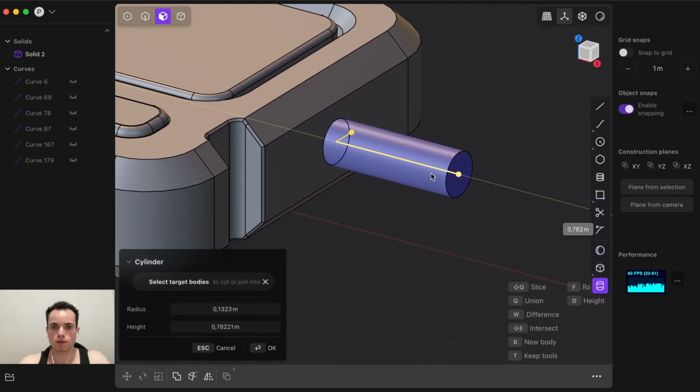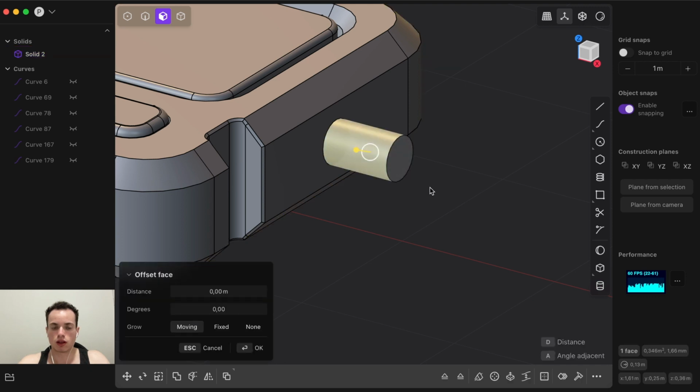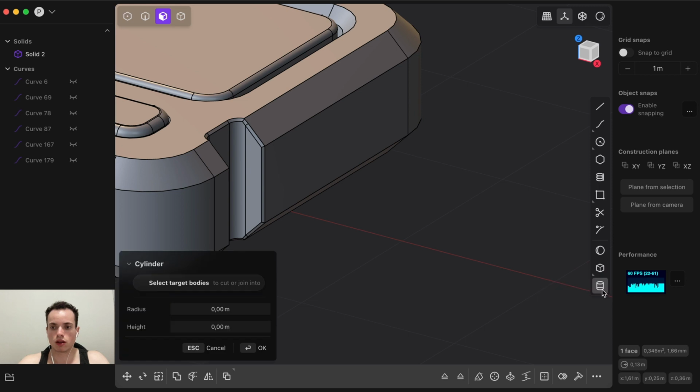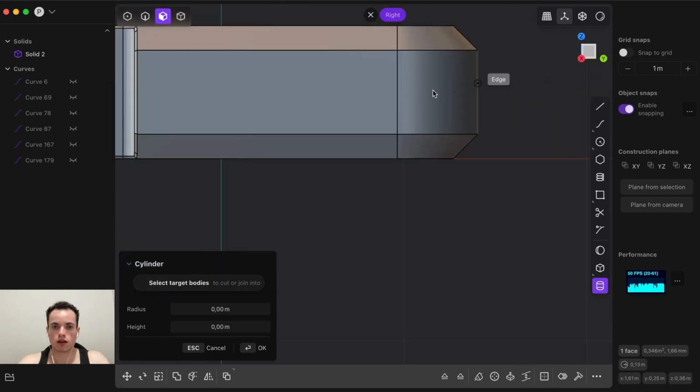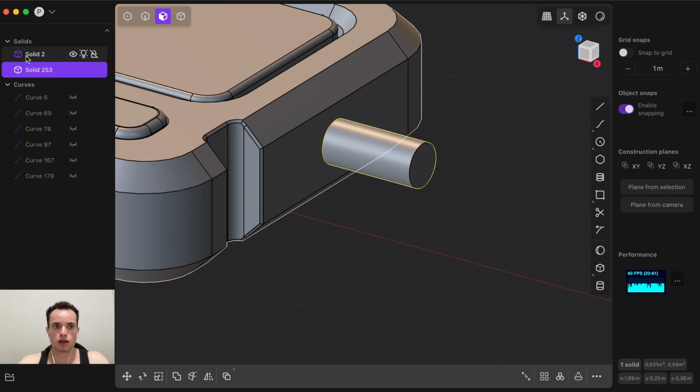We can make it smaller here, and also it is creating directly on this, but we want a new body to make a boolean, so we can undo and then create one, this, make it smaller, and then here you see new body, so we need to do B, enter, and now we have the solid here and our cylinder,